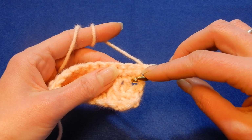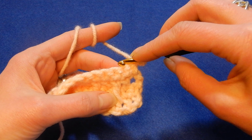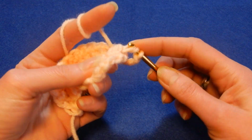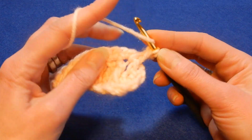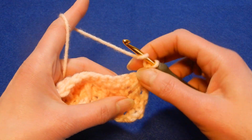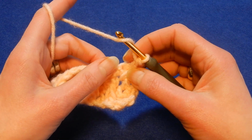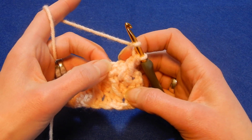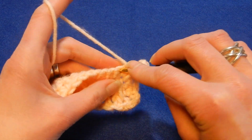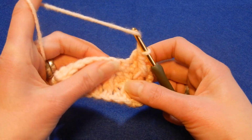So there are rows that you're gonna start with the front post here, and there will be rows that you're gonna put a double crochet on top. So we're gonna do a front post into that double crochet below. And like I said, if you put the work like this, the next stitch is right there, which is what you're gonna do: a double crochet on top of this front post. You're gonna go in there and do a double crochet, and now